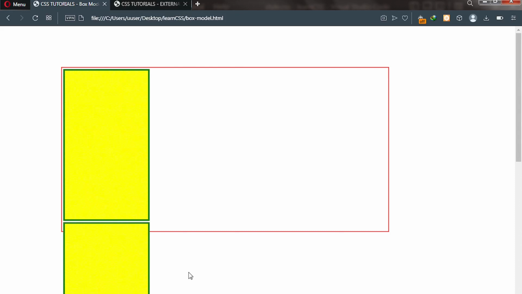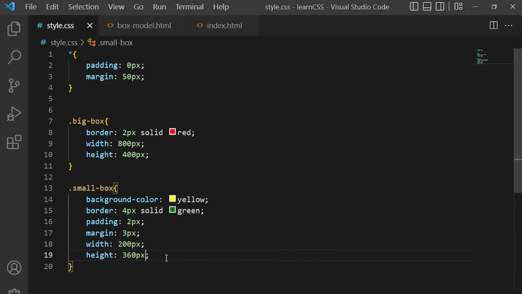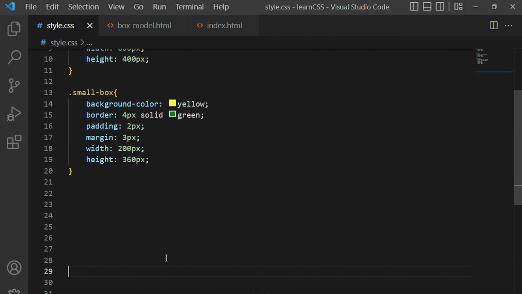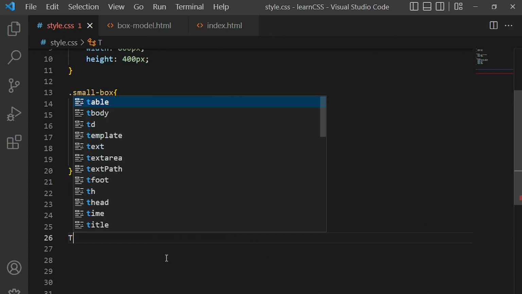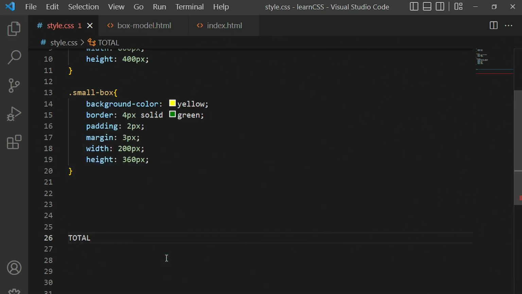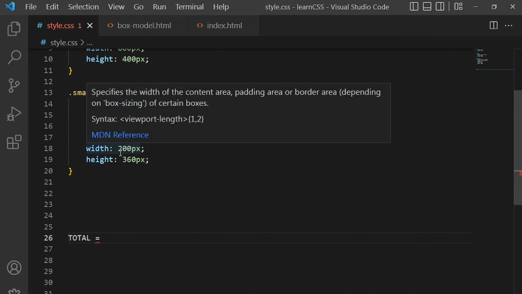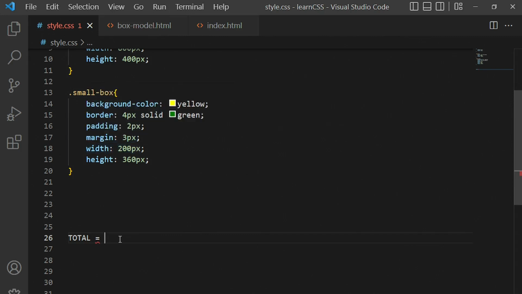All right, so before we can achieve this, there's something you need to put in your mind. There's a formula. So let me take you to the code editor and show you that formula. Perfect. So now let's come down a bit. All right, so to get the total length of one box, there's this formula. The total is going to be equal to the width of that particular box, and in this case our width is 200,